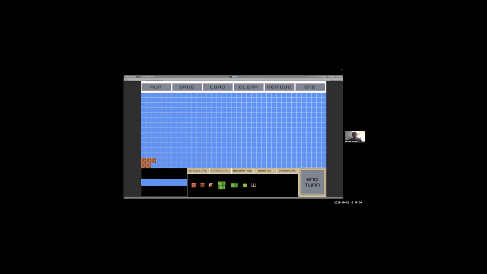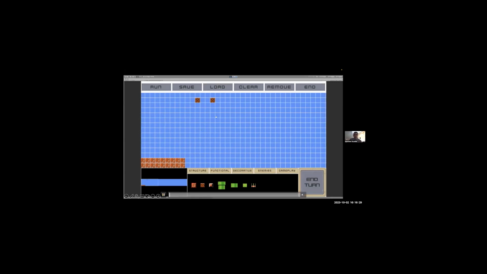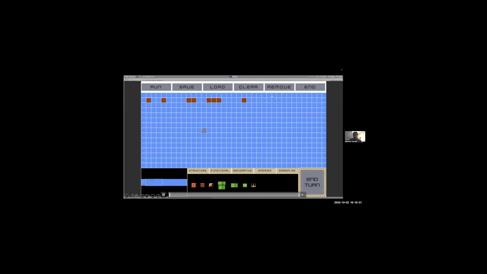So this is Morai Maker. You can think of this like Mario Maker, if anybody's familiar with that, but we've got an AI in it. So you can see just then what I did is I hit the end turn button. As soon as I do that, what I have done so far, which is make a little bit of ground here on the bottom left, is sent to a back end deep reinforcement learning agent, which is then going to say what should be the next bit of content that gets added. So you can see here it's adding some bricks along the top of the screen. That was it, not me.